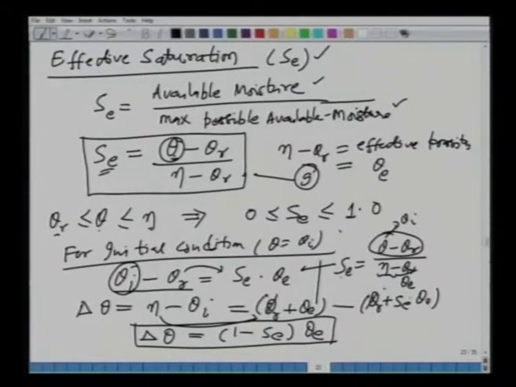For soil moisture theta, the minimum and the maximum limits are theta r, which is the residual moisture content, and eta, which is the maximum soil moisture content equal to the porosity. Corresponding to those two limits, the SE would vary between 0 and 1. So, this is a convenient way of representing the percentage of saturation or effective saturation in a soil when we